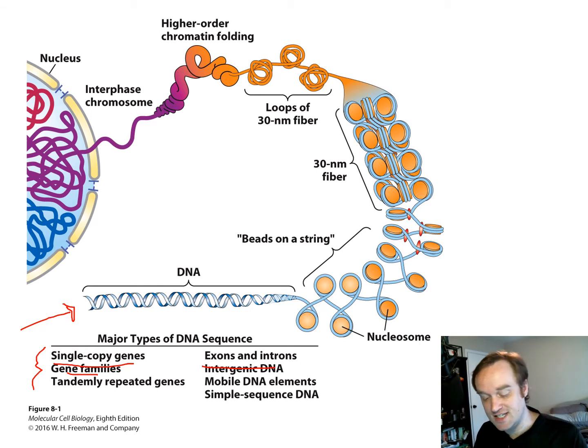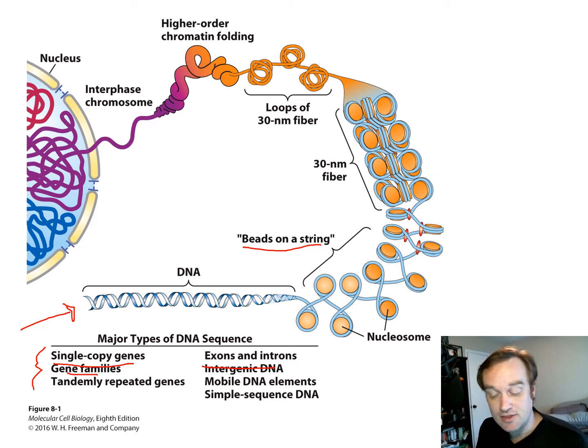Simple sequence DNA and sequence repeat DNA, such as microsatellites and minisatellites, etc. So we have all these elements that are in these double helices, the double-stranded DNA. Now, that is packaged into nucleosomes. Nucleosomes are proteins that wrap up DNA around them. And here they use the analogy that it's like beads on a string. So they wrap up the DNA and they prevent access to it. They package it and prevent transcription factors and modifiers of DNA from being able to access that